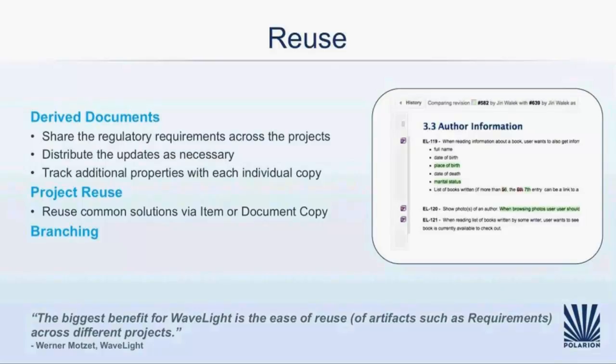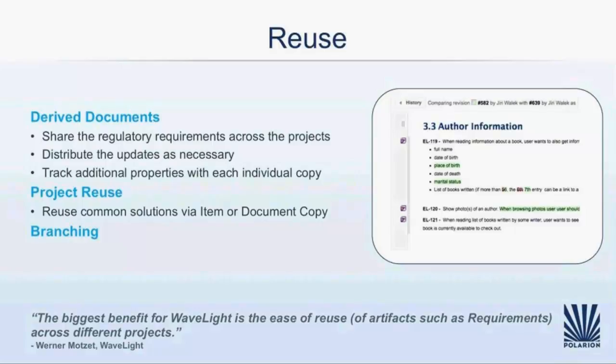Second, take, for example, an IEEE standard test plan or project plan documents. They are just reused as a template. So you simply duplicate, this means copy, the document from the shared library to your project. So this is when document or work item duplication is being used in Polarion.